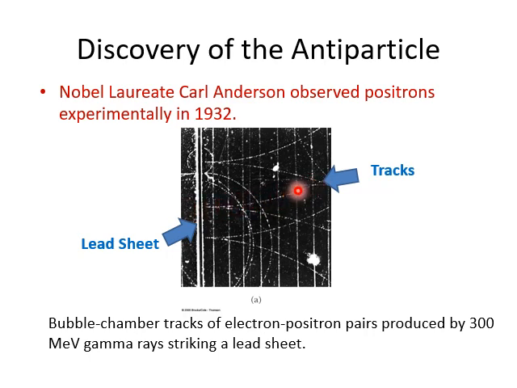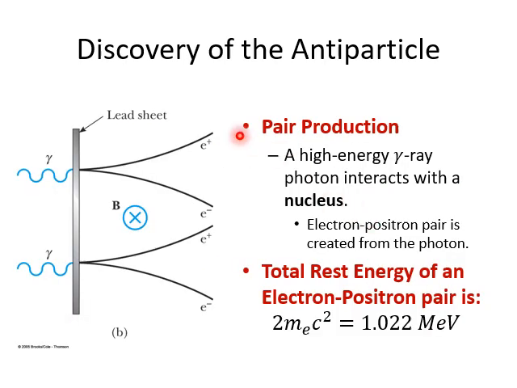And when a positron meets an electron, the two annihilate and gamma rays come out. This is a case where a gamma ray comes in and creates a matter-antimatter pair. There's a cartoon of this on the next slide. So here's the idea. I don't know where I stole this from. Gamma ray comes in, hits the lead sheet, forms